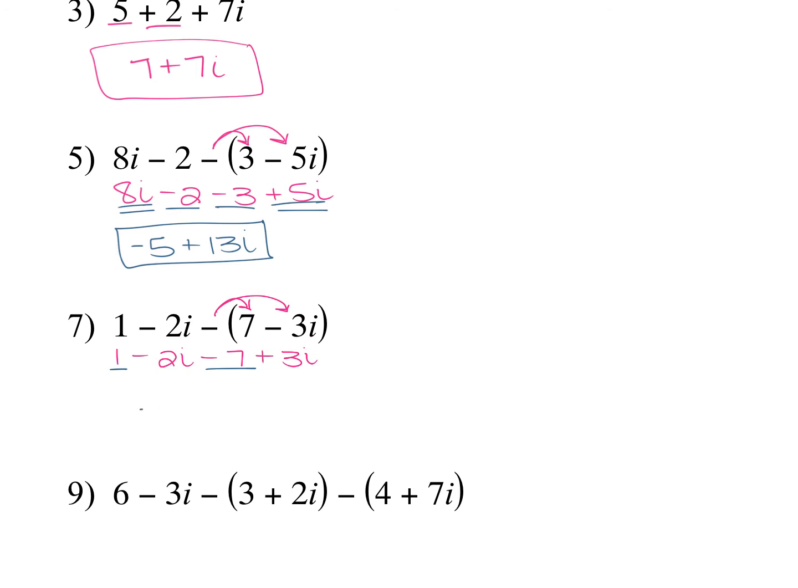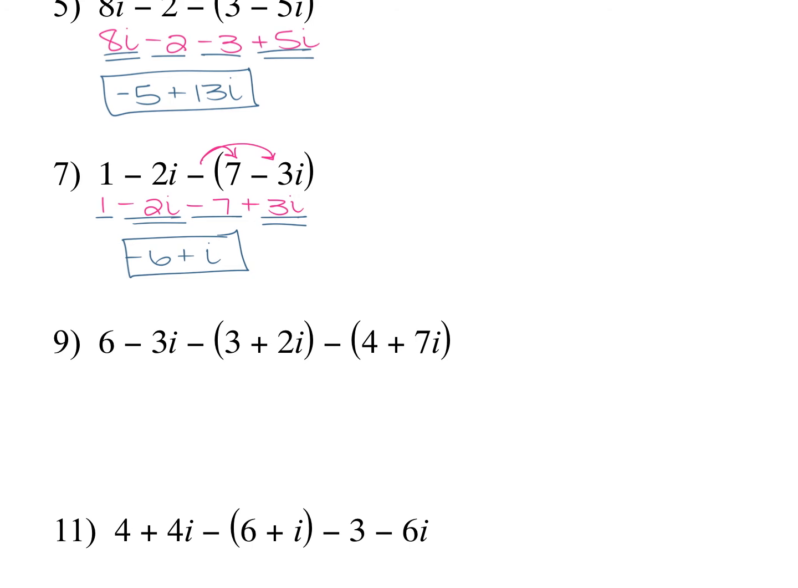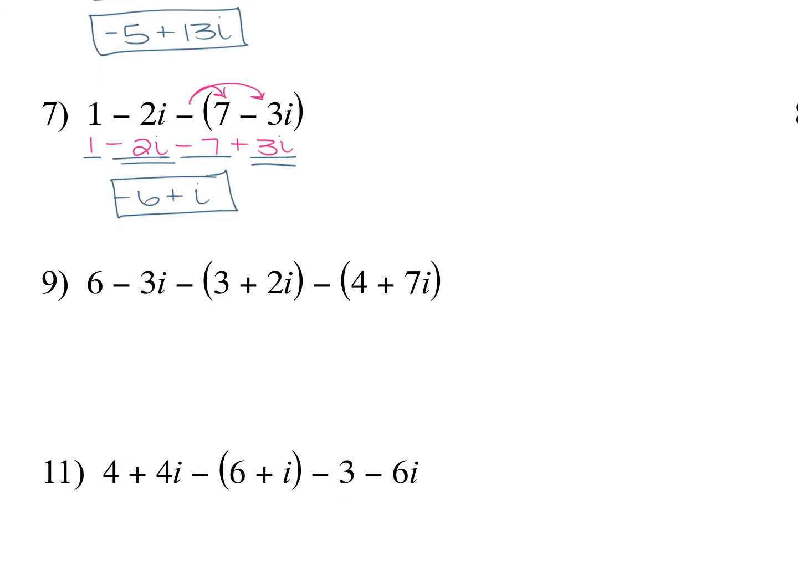So 1 minus 7 is negative 6. Then my imaginary parts, so negative 2i plus 3i is just 1i or i. If you wrote it as 1i, it's still fine. 1i and i are the same thing, so it doesn't matter. All right. For number 9,